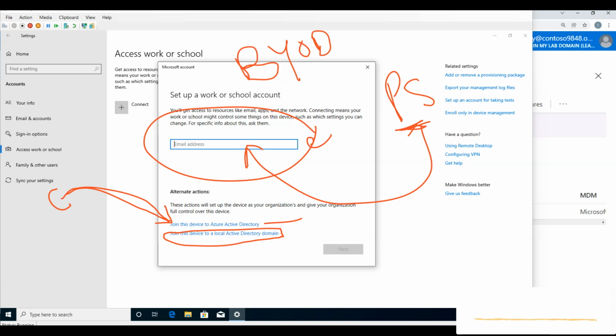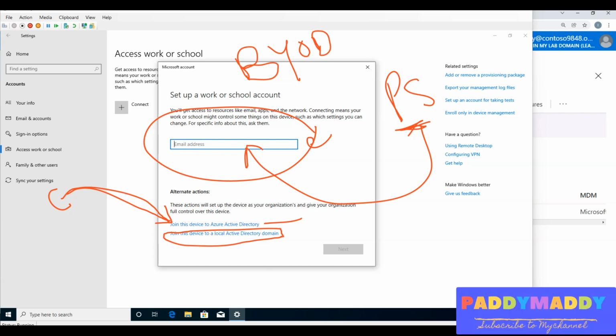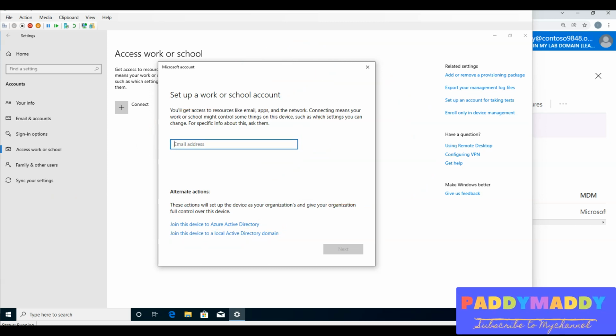So a corporate device can be automatically enrolled also with the hybrid AD join. All of that stuff can be done. But if you really want to do the bring your own device concept, this is the only option, my friends. Okay, now let's remove the drawing and try to put Mr. Rob here in this case, and I'll just type it